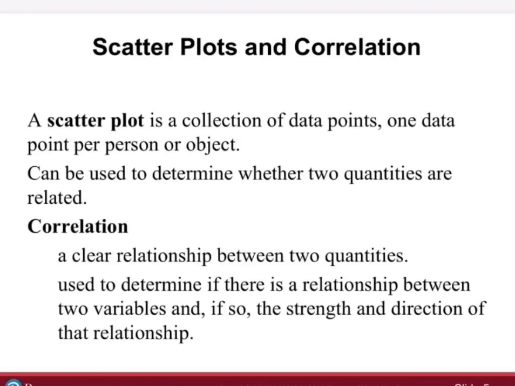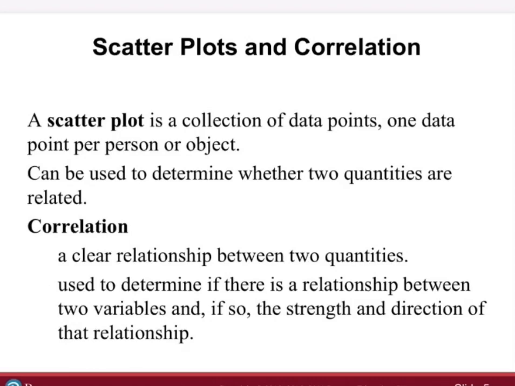Okay, let's see how this unfolds. So a scatter plot is a collection of data points, one data point per person or object. It can be used to determine whether two quantities are related. Correlation is a clear relationship between two quantities. It's used to determine if there is a relationship between two variables, and if so, the strength and the direction